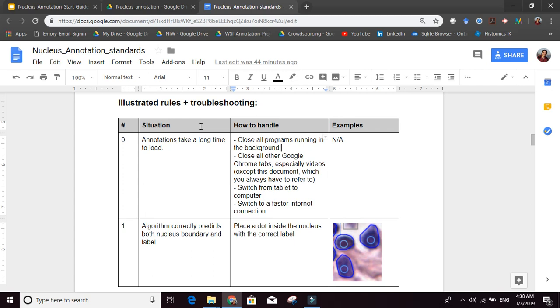All of these background applications are going to make your Histomics TK very slow. They're going to make everything difficult. So close background programs. Make sure you're using Google Chrome and not other browsers, and so on. And if everything else fails, then your internet connection is probably poor, and you just want to move to a faster connection.